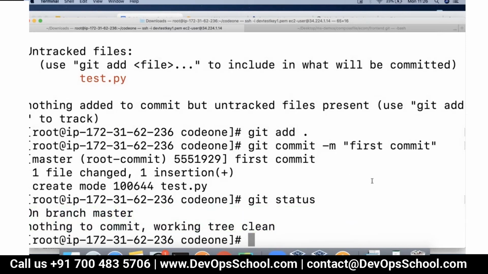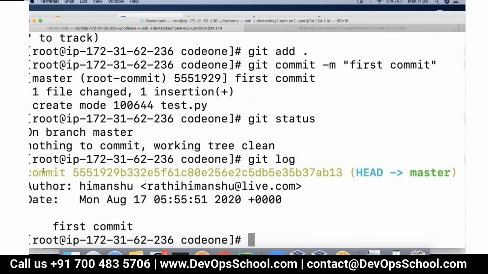And what kind of snapshot is it? If I do git log, it will show me that there is one commit which I have made, and this is the commit ID. This acts as a snapshot ID. So if I make 10 commits in my code repository, and from the 10th commit I would like to see what my code was like in my fourth commit, can I do that? Yes, because these point in time snapshots act as a point in time reference for you to move back and forth in your code repository. So this is a very important concept.